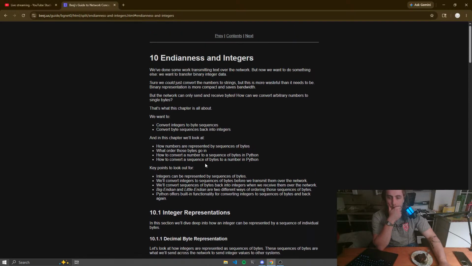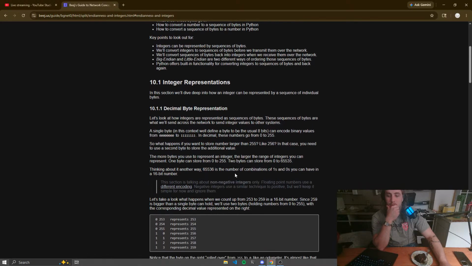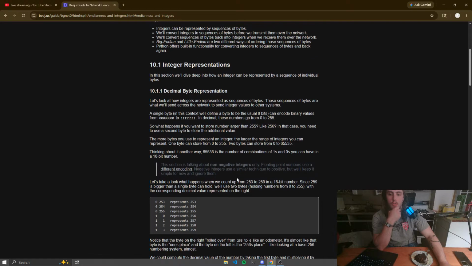Let's see if I can recall any of this. So, yeah, it starts with the integer representations. So it's talking about how with 1 byte you can represent 255, and then with a second set of 8 bits you can represent another 255 numbers. But a key realization here is that you can put 2 bytes next to each other,